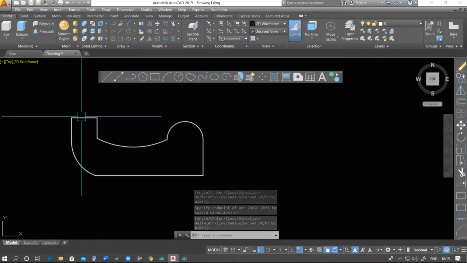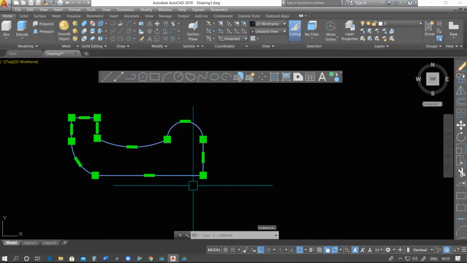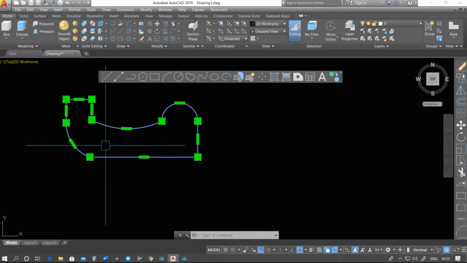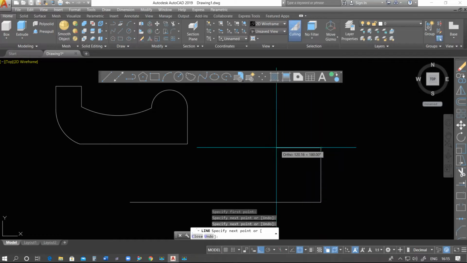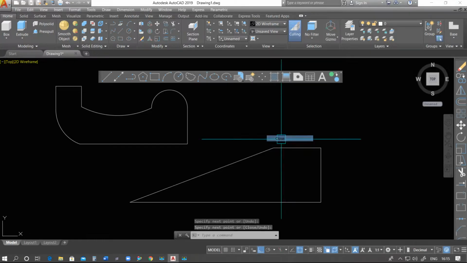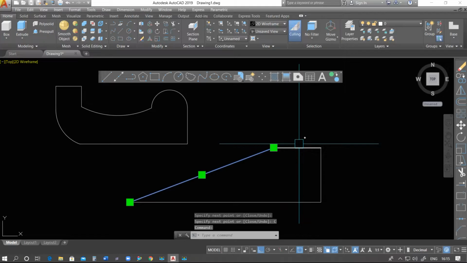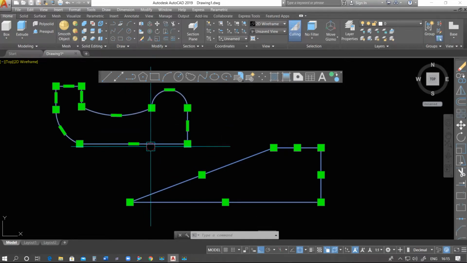So as I'm selecting any portion of this polyline, automatically each and every entity is selected. But if you do the same thing with the line command, you see we don't have that many features. Right click, we have only two options, either go back or close. So I'm going to close this one. Now we see that each and every entity is individual in the line command, but as we use polyline, we see this is the basic difference between line and polyline.